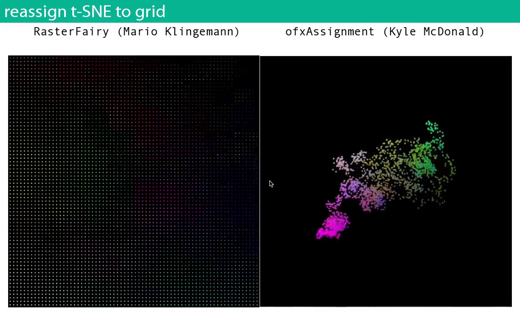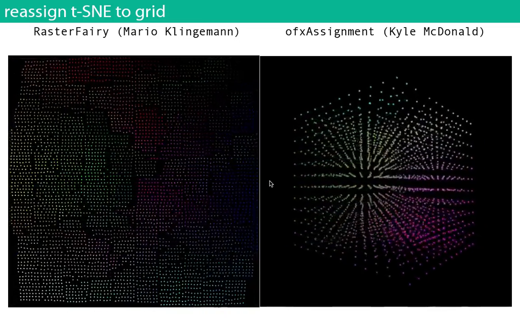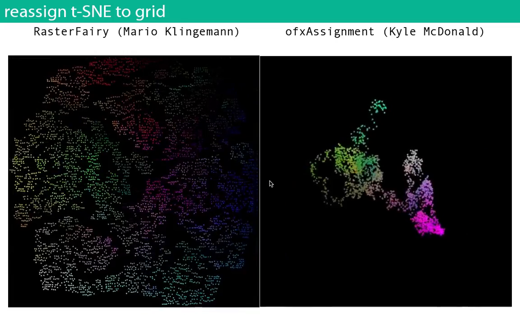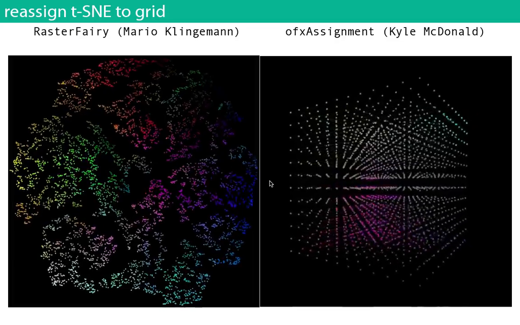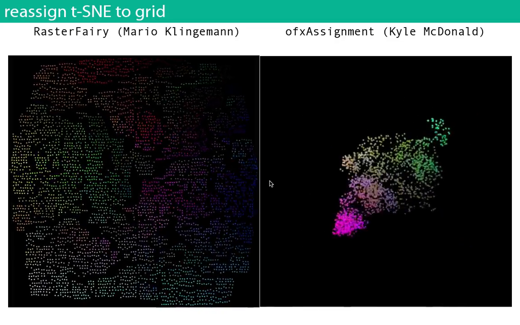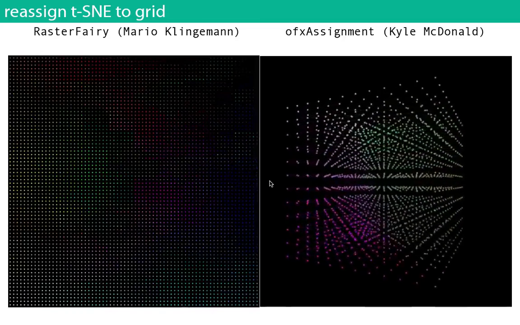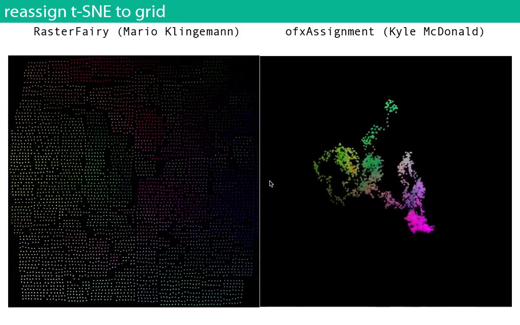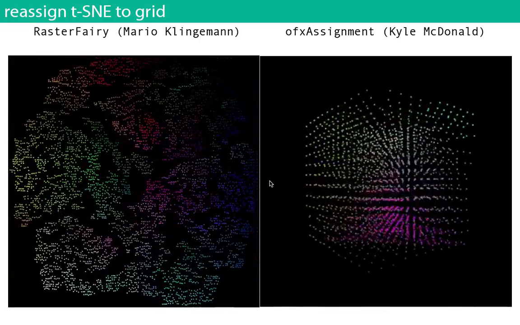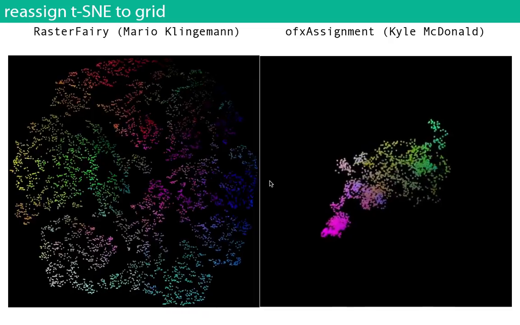There's 4,096 numbers, and those 4,096 numbers form a sort of signature of the image, like what high-level features it contains. We can use those as a feature vector, and if we pipe those into t-SNE, we can reduce them from 4,096 dimensions to 2 dimensions. And in doing so, we'll be able to cluster images according to content similarity to each other.